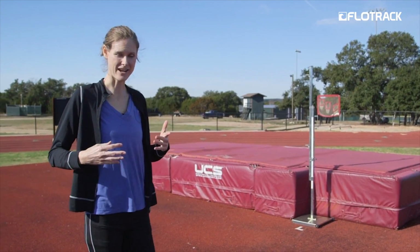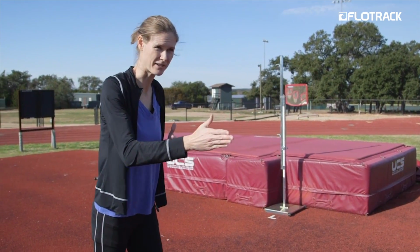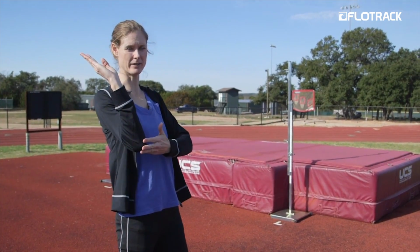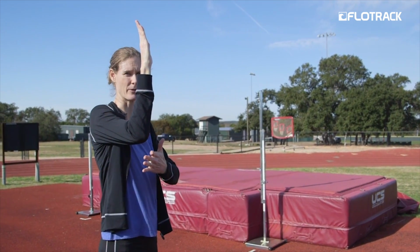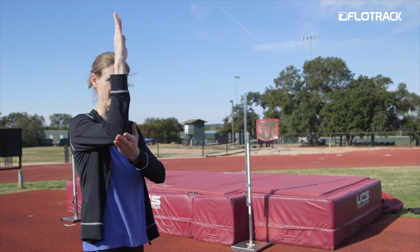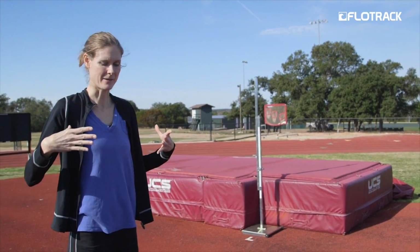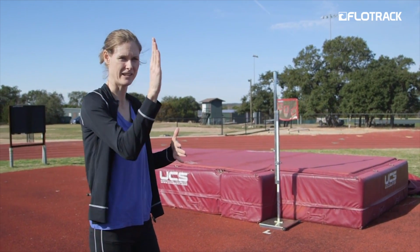And when you get to the takeoff, you definitely don't want to be leaning forward, because when you hit, you're just going to fall straight into the bar. And when you have your shoulders back a little bit, it creates a little bit of a hinge moment where when you go to the upright position and leave the ground, you go from this spot to this spot, and you don't go past vertical going into the bar. So that's creating the transition from the beginning of the run, the middle, and then the end